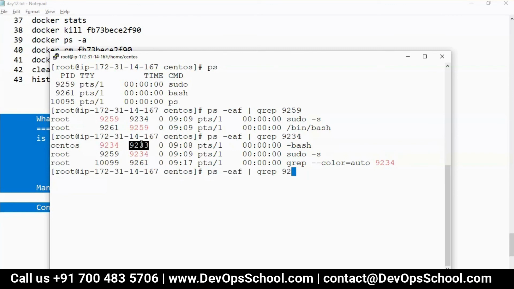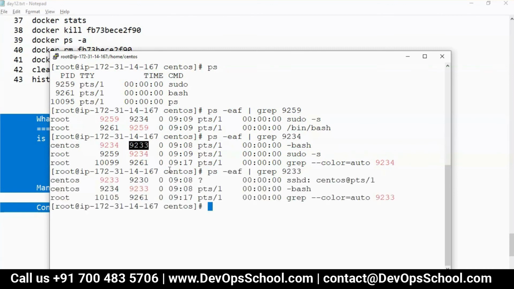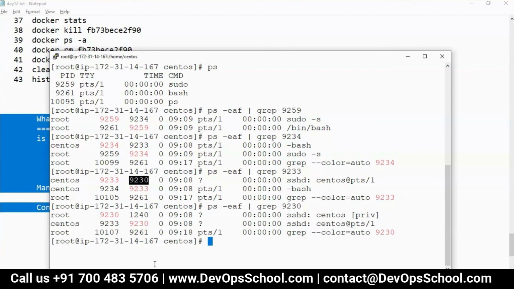So 9233 is an SSHD, which whenever we SSH created, and it's a terminal for CentOS, which has parent ID 9230. Who's the parent of 9230?